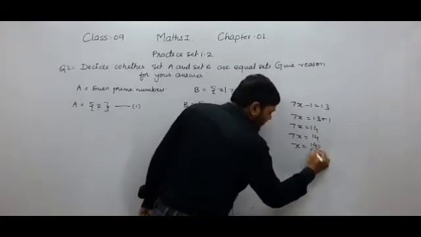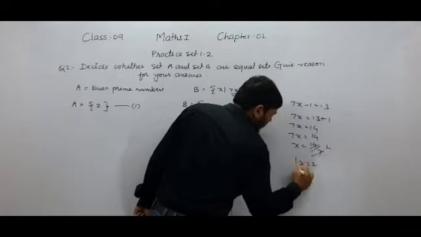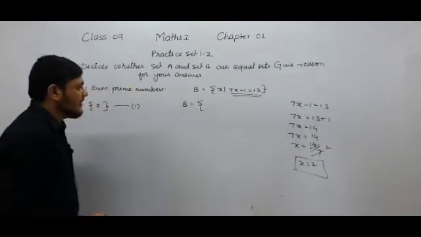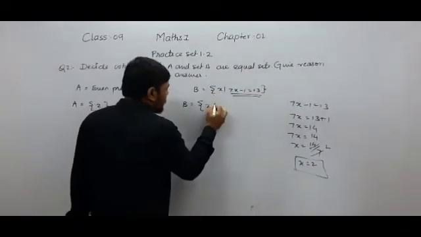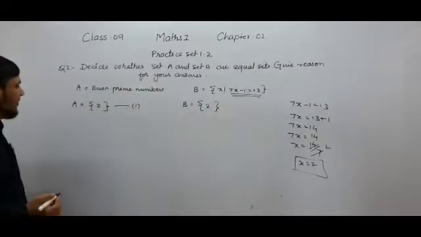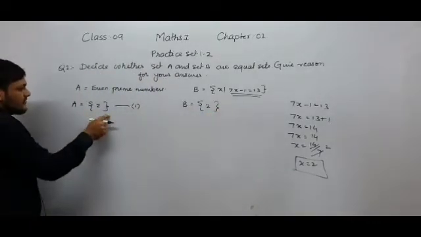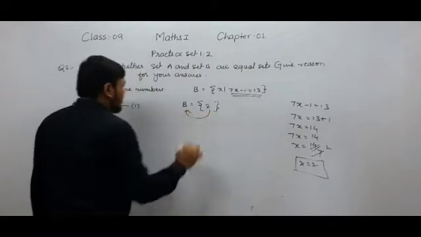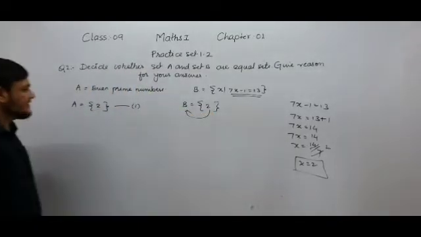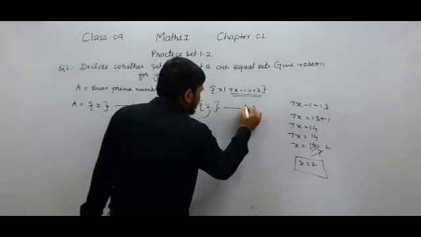So here 7 on the 7, 7 2s are 14, x equal to 2. So student, you can see that here the value of x is 2. So the element of B is 2. Here also it is the same element. Yes, the element of A is 2 and the element of B is also 2. That is why we can see that both the sets contain the same element. Give this equation as equation number 2.